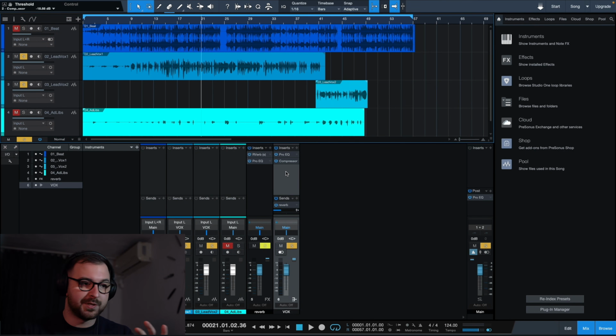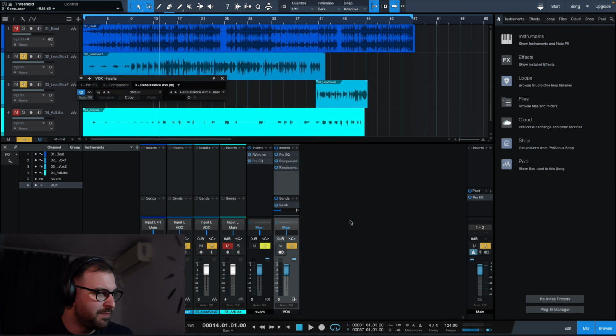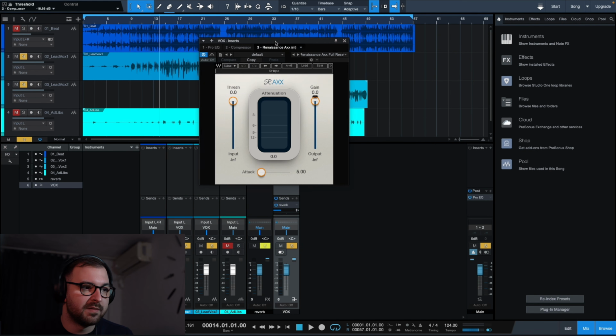Slight difference. That's what we want, because we will apply more compressors along the way. Now, this was a simple compressor, so it won't do wonders to our vocals. The next one that I'm going to use will be something from Waves, and let's see what we have here. Renaissance Sax. This might work, I like this one. It's quite simple, we only set the attack basically, and this time around I will leave a slower attack, 25, something like that, and watch what it will do the moment I reduce the threshold.